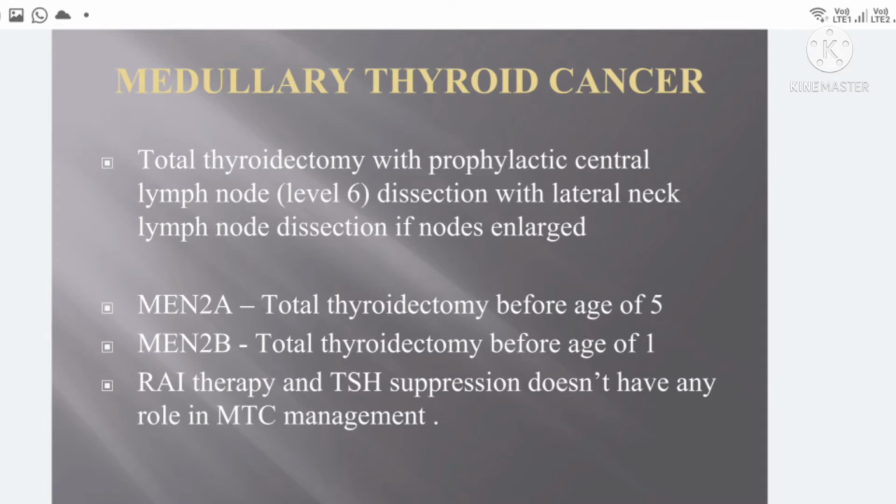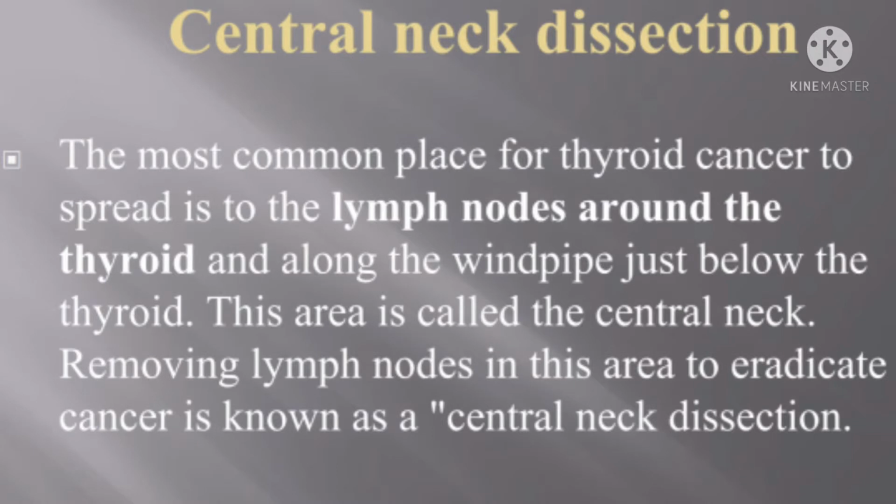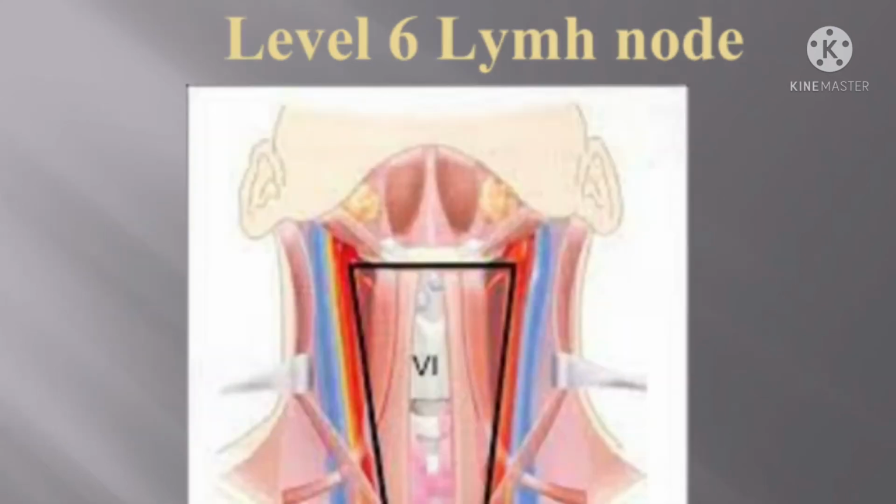Coming to the management of medullary thyroid cancer, there can be two settings. One, we already know the diagnosis preoperatively with the help of an FNAC. In these patients, when we go for a planned surgery, the ideal surgery is a total thyroidectomy. This cancer also goes to the lymph nodes, usually in the central compartment near the thyroid gland. So ideally we should go for total thyroidectomy with prophylactic central lymph node dissection, whether the lymph nodes are enlarged or not, that is level 6 lymph node dissection in all the patients.